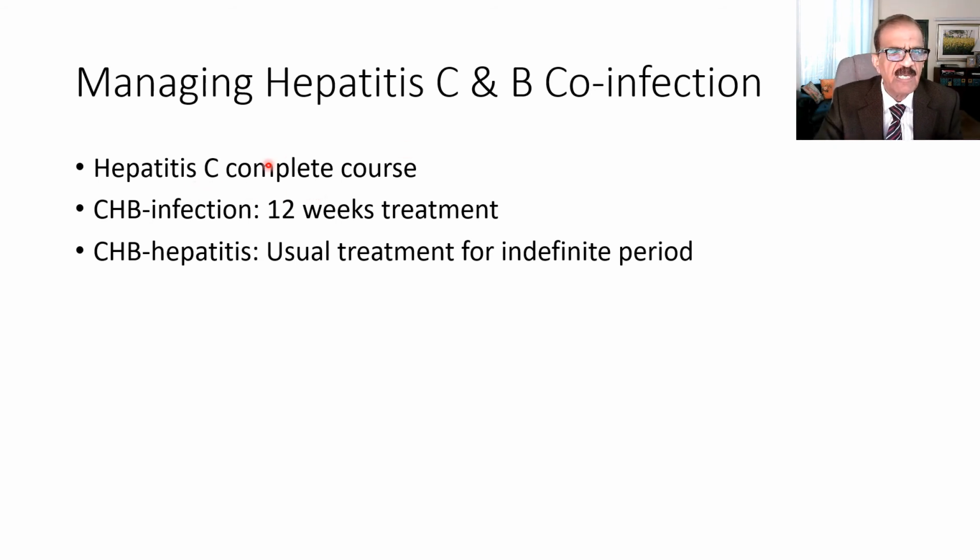That is covered in another video. So the hepatitis C part will be treated with direct antiviral agents as we normally do. But with chronic hepatitis B infection, those people who have surface antigen positive but their ALT is normal, there is no damage to the liver, these patients are otherwise not candidates for treatment for hepatitis B, but because we are treating hepatitis C, during this phase when we are treating hepatitis C with direct antiviral agents, we should give